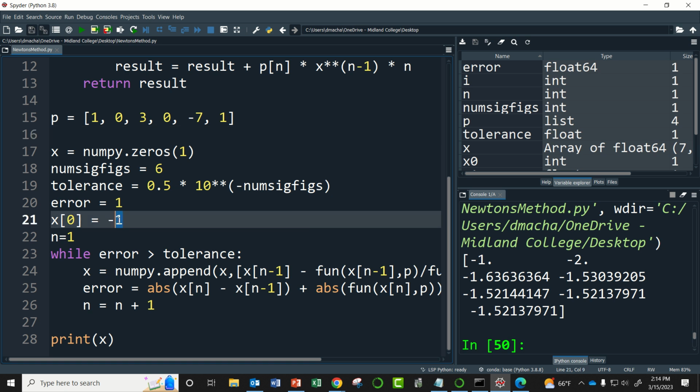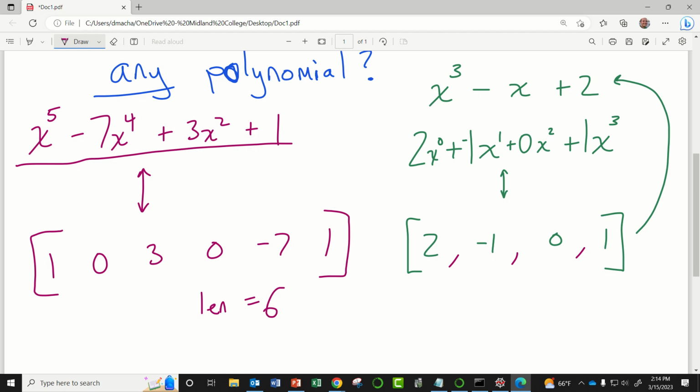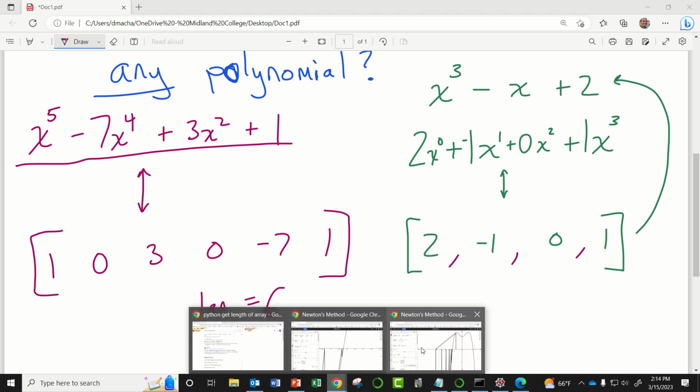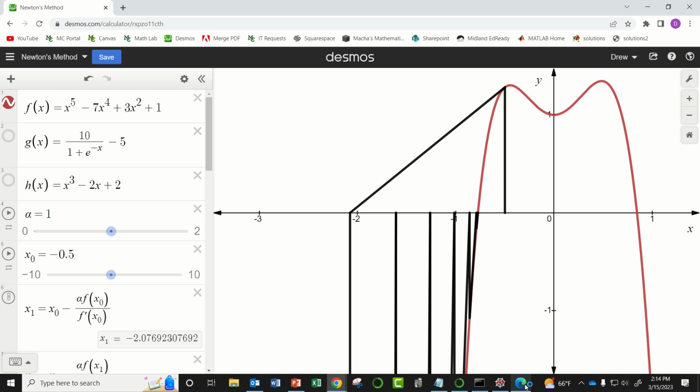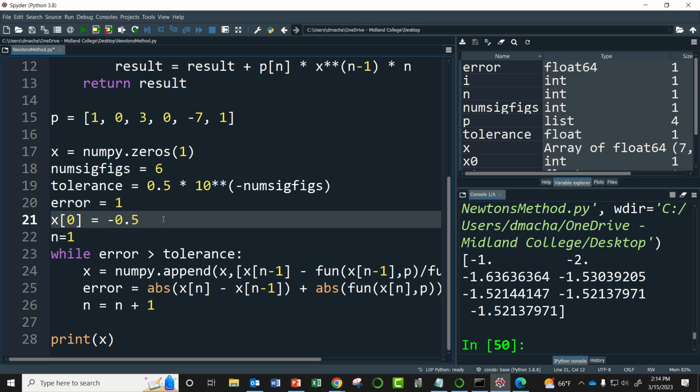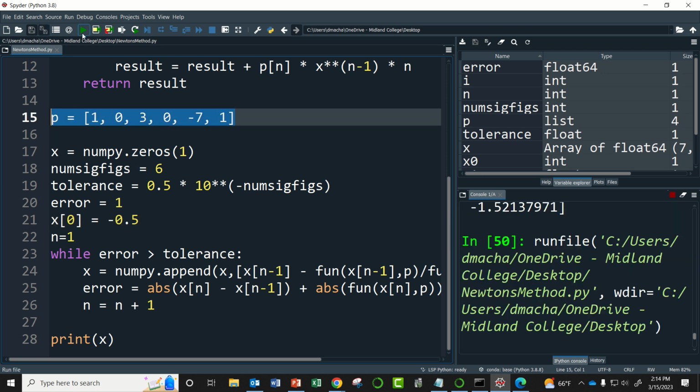So here's my initial iterate. I'm changing it to negative 0.5. I think I said negative 5, but I meant negative 0.5. Just make sure that's right. Okay. Negative 0.5 is now my initial iterate, and we've typed in my new 5th degree polynomial array, and